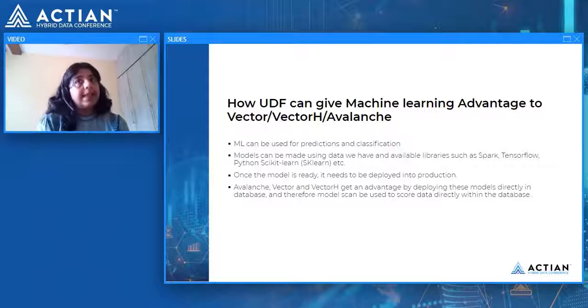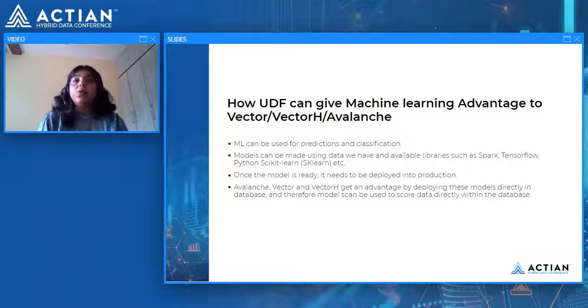the database, and that gives us an added advantage, because once it is inside the database, it would directly use the X100 engine and get the speed of the X100 engine, which is already very fast, and we don't need to move data anywhere.